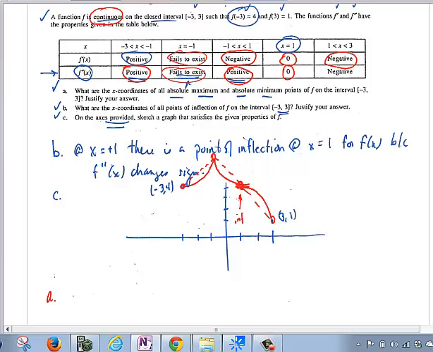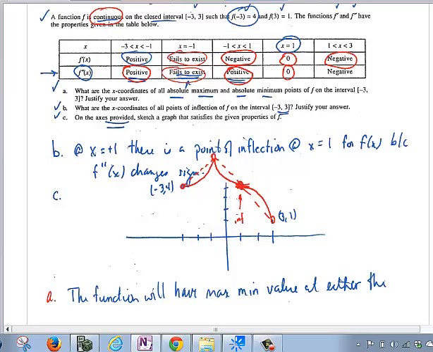So I would say the function will have max and min values at either the endpoints of the closed interval or at the critical points